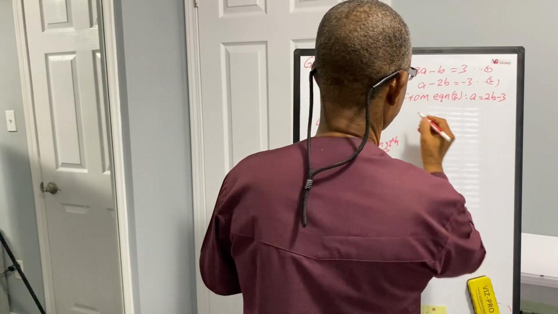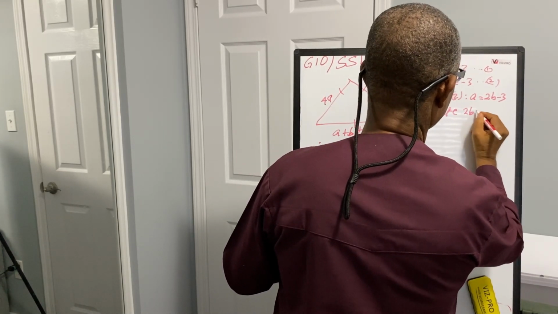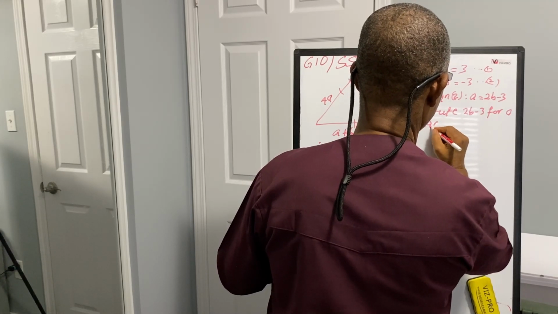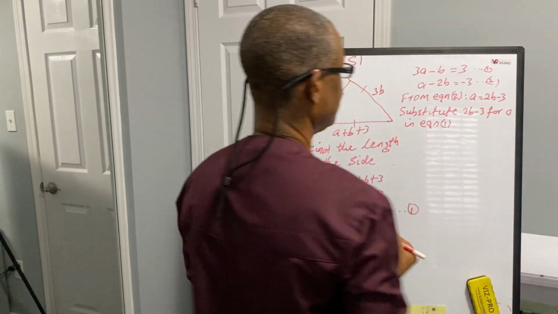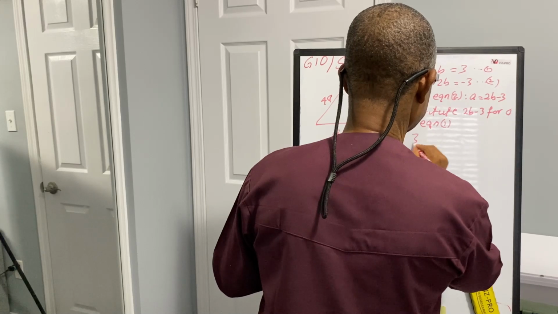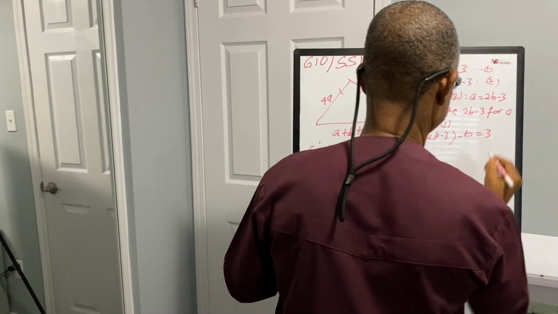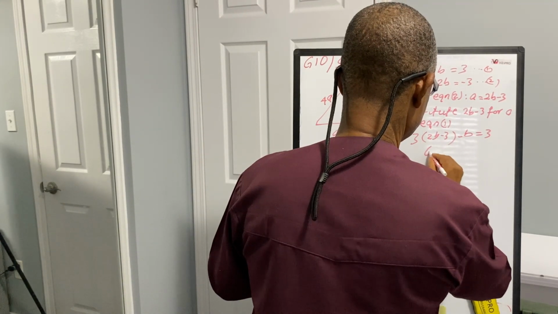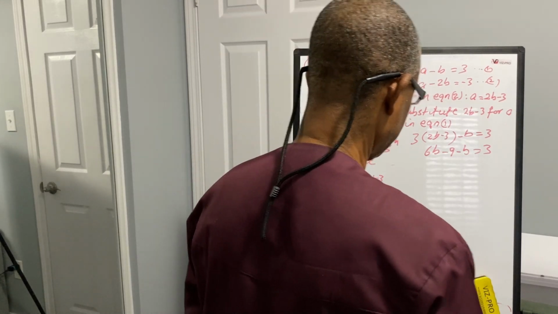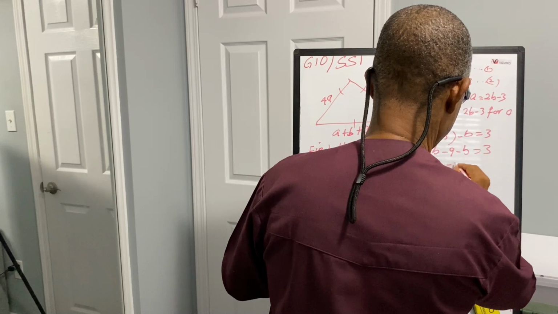We now substitute this value. Substitute 2b minus 3 for a in equation 1. We derived that from equation 2. I have to substitute in equation 1. In equation 1, we have 3a, and a is already 2b minus 3. This minus b equals 3. We open the bracket. This is 6b minus 9 minus b equals 3. We collect like terms. This is 6b minus b equals 3